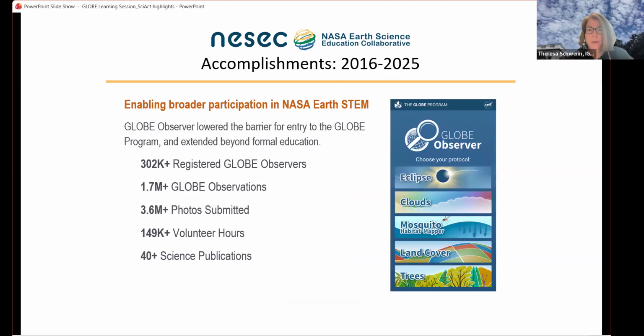So we're enabling broader participation in NASA Earth STEM. Globe Observer has lowered the barrier for entry to the Globe program and extended beyond formal education, with over 300,000 registered Globe observers who submitted 1.7 million Globe observations, which include over 3.6 million photos and 149,000 volunteer hours, and have resulted in over 40 science publications. 30 of those are peer-reviewed publications. If you go to the next slide,